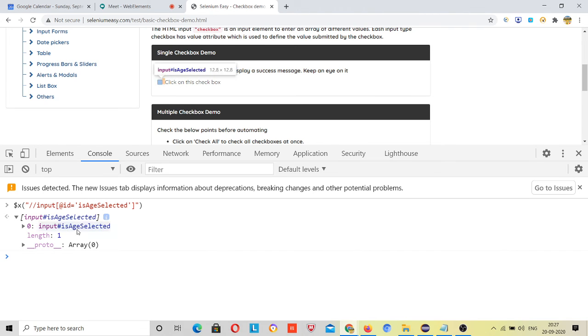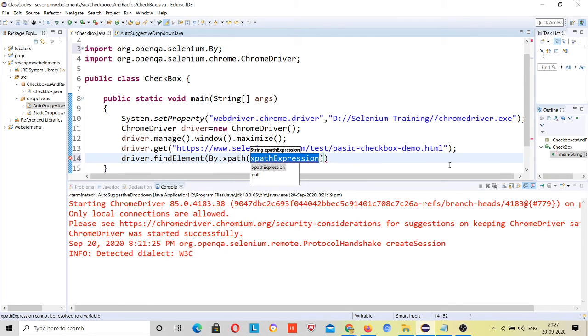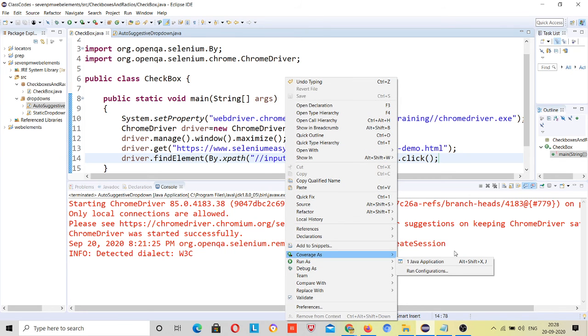Now if this is selected, then you have uniquely identified the right locator for it. And driver.findElement(By.xpath and paste this XPath here, .click, right? So let's run it and see if it clicks on it.